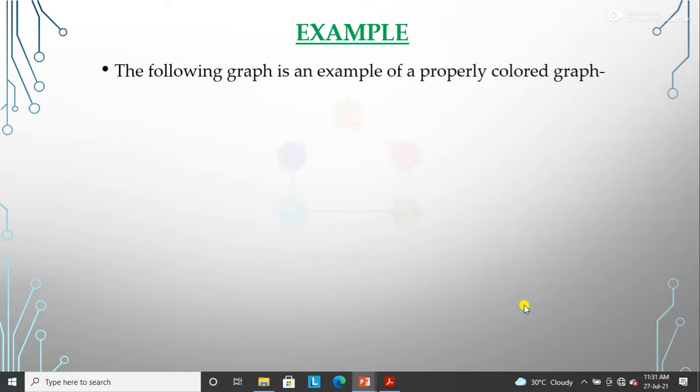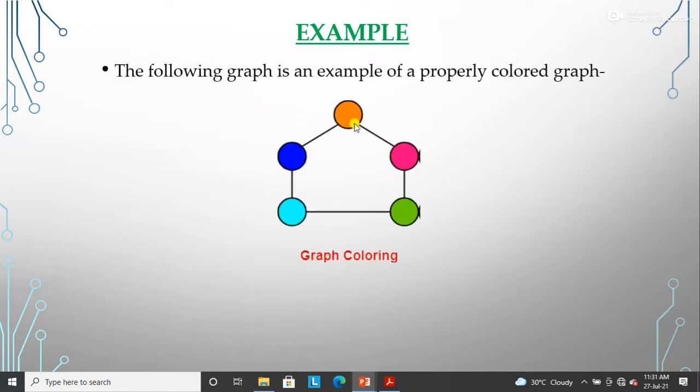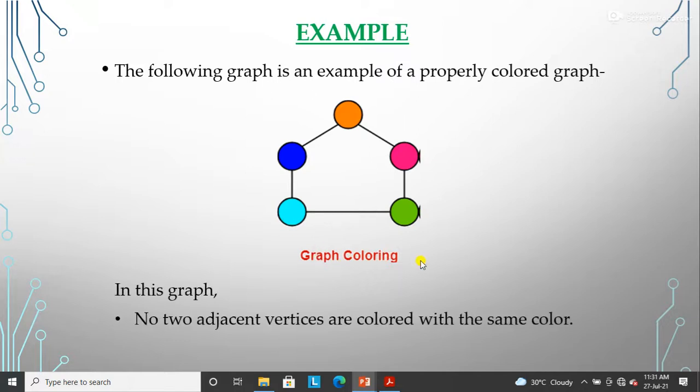Now let's take an example here. If we have this graph, we say that this graph is a properly colored graph. Why? Because you can see, how many vertices are here? 5 vertices are here, and you can see that all 5 vertices have different colors, right? So this is a properly colored graph.